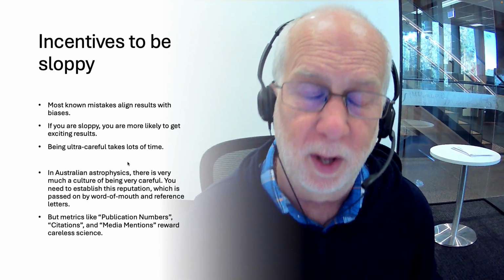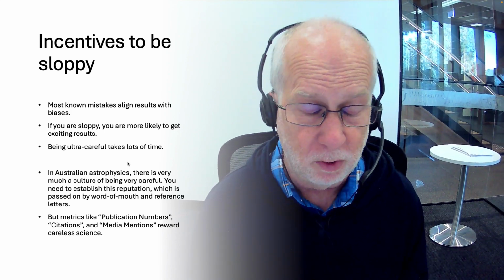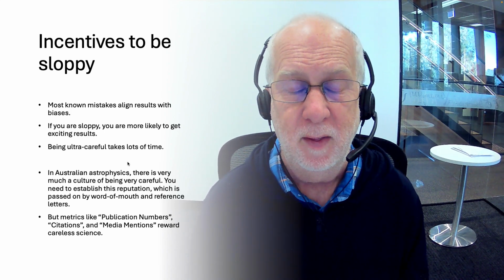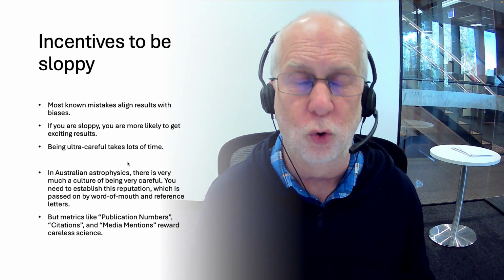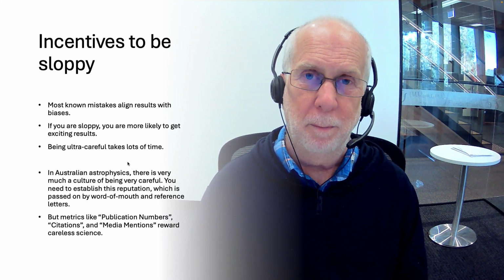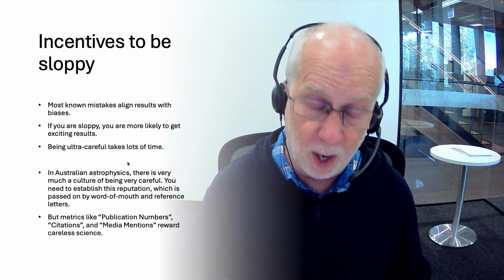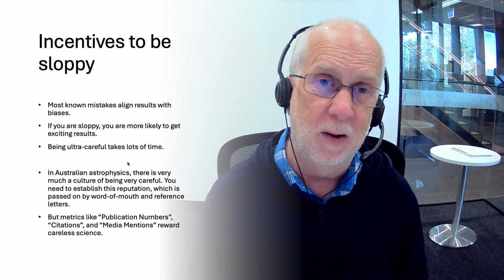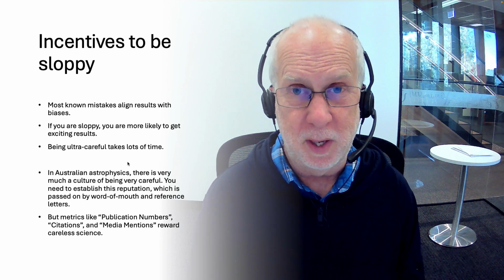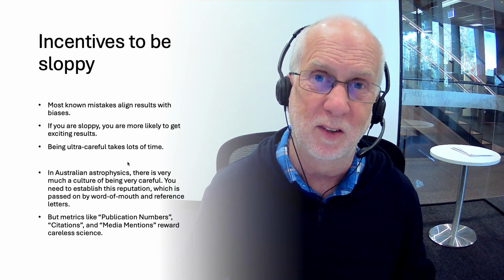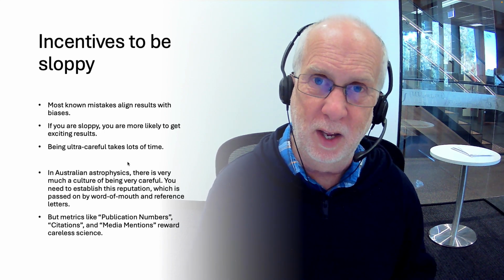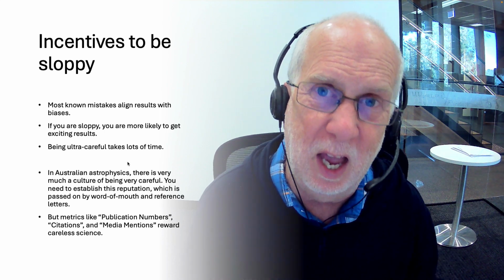You've got to have a good reputation for being careful. So you always think, okay, what could have gone wrong here? Could have been this, could have been that, check this, check that. It's slow, methodical, tedious, but doing this is very much the culture, at least in the fields where I know, in physics and astronomy in Australia. Absolutely, this is a culture. You won't get a PhD if you're careless about these things. It's part of the supervisor's job to inculcate you in this very careful approach.